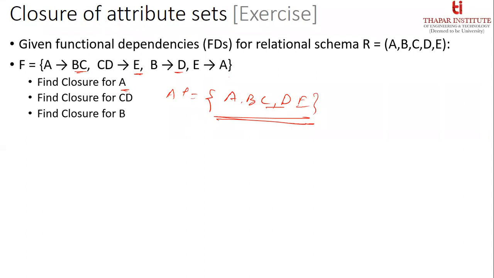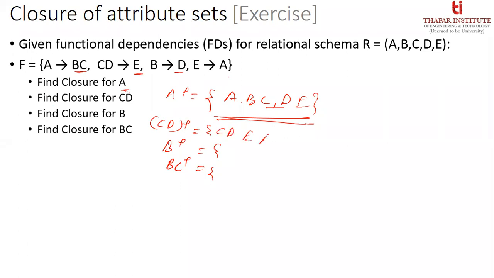यस. निकालो जल्दी. What is CD plus? What is B plus? Or what is BC plus? Identify please fast. बहुत जल्दी हो जाएगा यार. सर CD का तो CDEAB हो जाएगा. E आ गया तो A आ गया और ये आ गया तो सब आ जाएंगे. ये में तो B आ भी गया था ना. D अब क्या बच गया? A B C D सब हो गए ना.